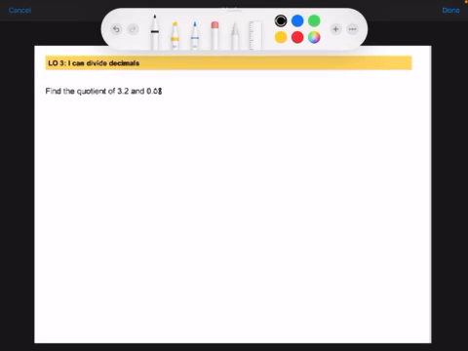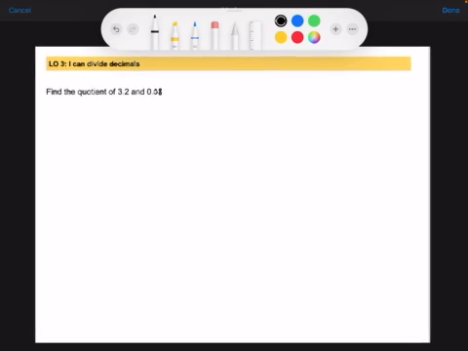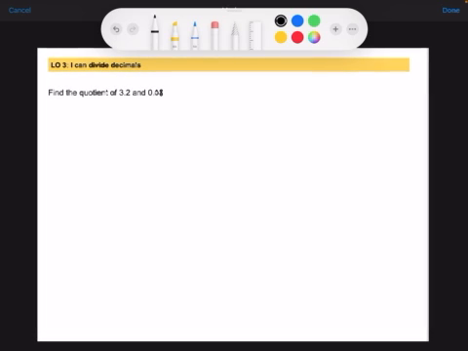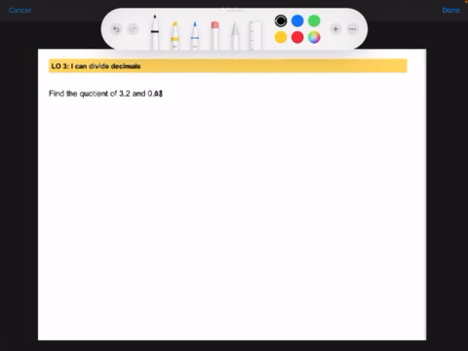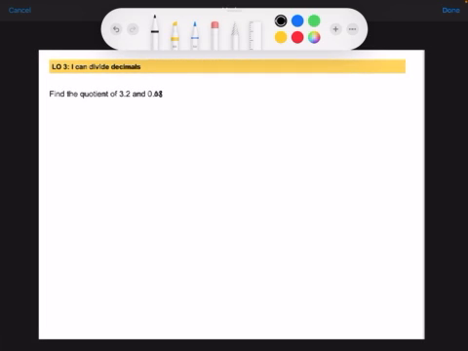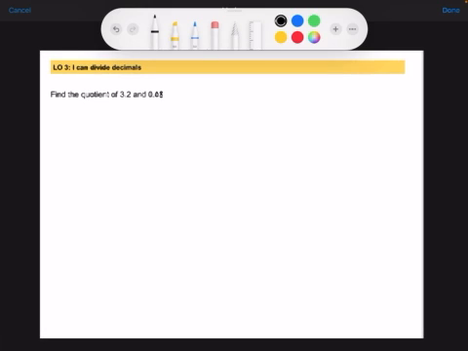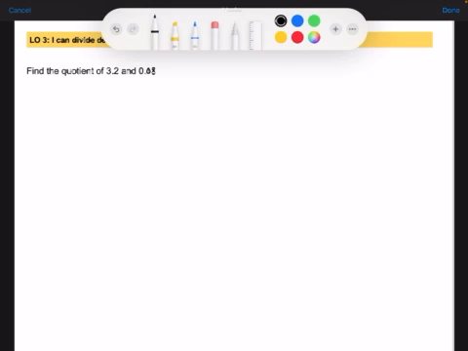Hey guys, in this video we are reviewing the question that goes with learning outcome 3. I can divide decimals. In this question we're finding the quotient of 3 2/10 and 8/100. So remember that quotient means to divide. Whenever you see the word quotient, it means divide. And we write it in the order that we see it. So it's 3 2/10 divided by 8/100,